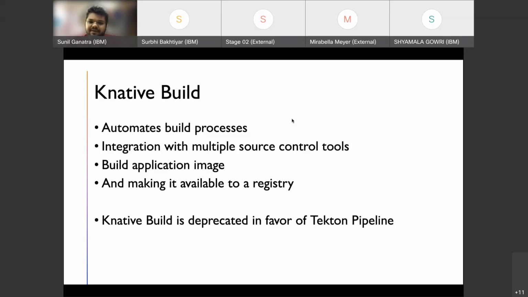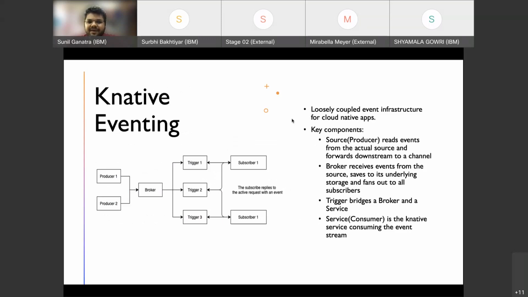Now, Knative eventing is basically where you want to deploy your event-driven application, and your service only wants to listen to certain events and react based on them. In that case, you can leverage the Knative eventing APIs.